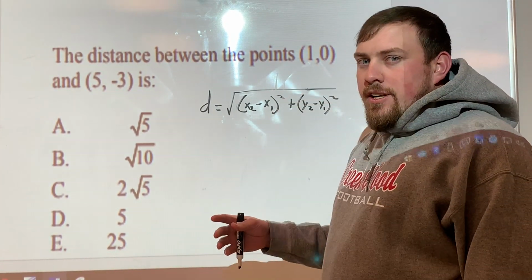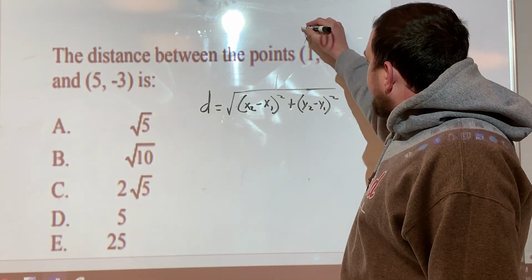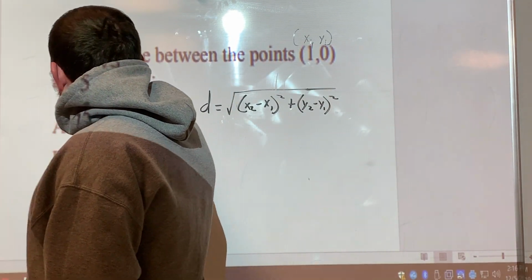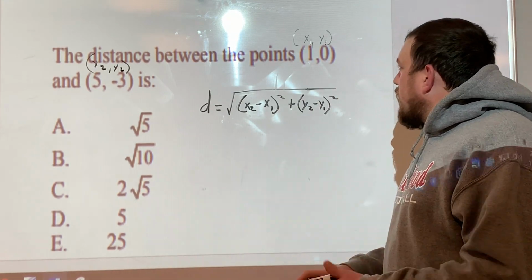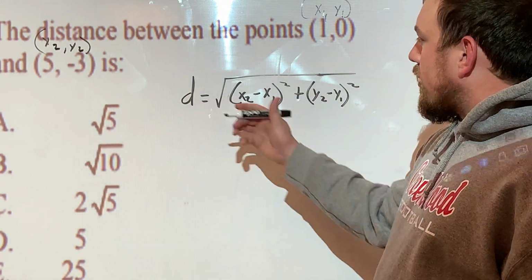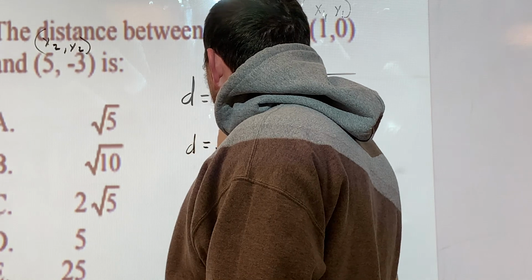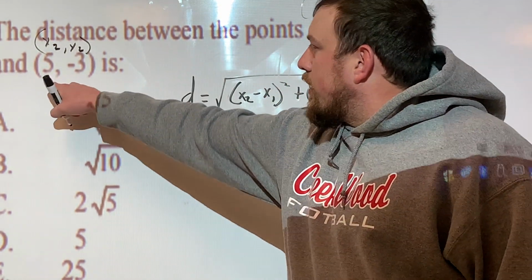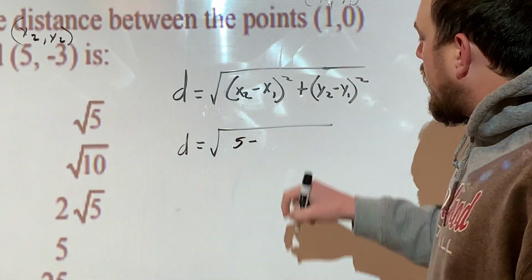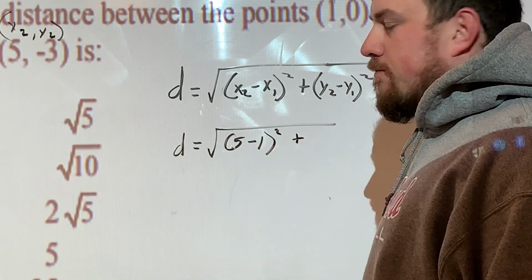So basically the first thing you need to do is choose 2 points. I can make this x1, y1, and this point x2, y2. All right, make sure that you label the x1 and y1 together and the x2 and the y2 together. That way when you start substituting things in, everything goes in nicely. All right, so I'm just going to plug things in. Distance is equal to, my x2 value is 5 minus x1 is 1. That's all squared, plus